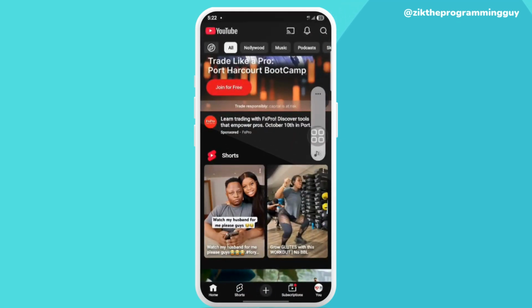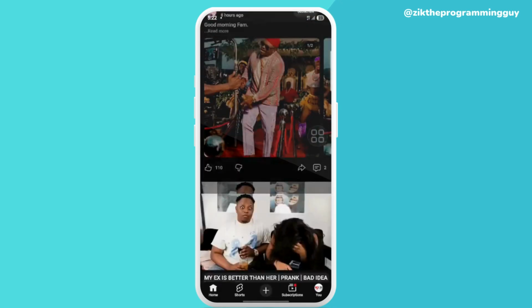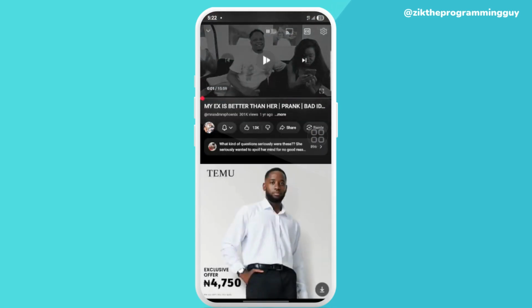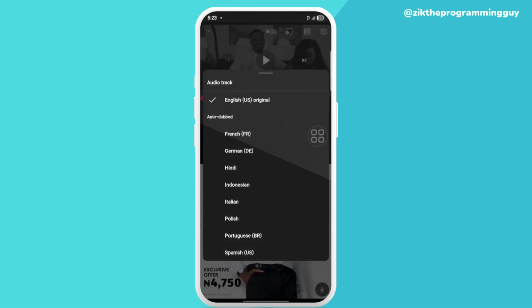So let's click on one video that we can auto dub. So one thing you need to know is you can't actually automatically stop the dubbing, but what you just have to do right here in the video, you want to turn off the auto dubbing, you click on the gear that you can see right here, click on it and you can see audio track. So you click on it and the video, the language you're going to see original,